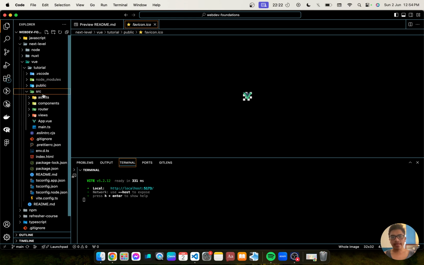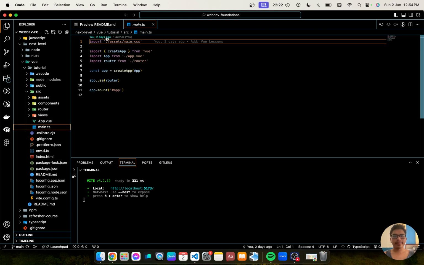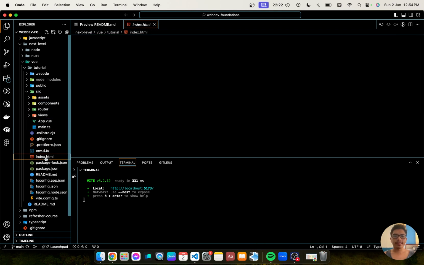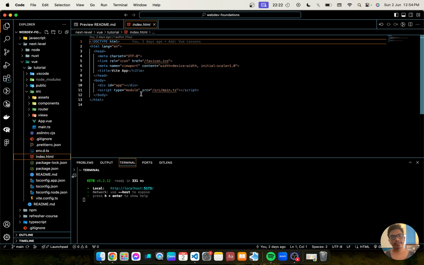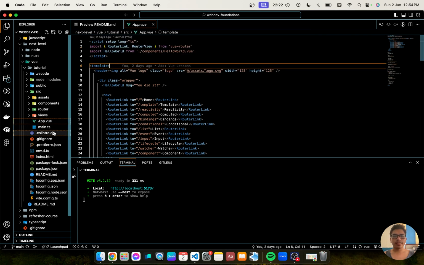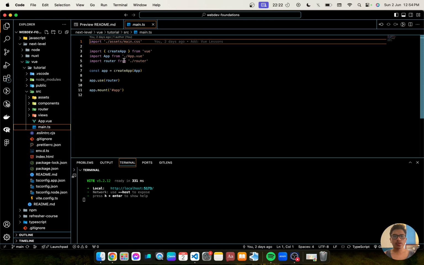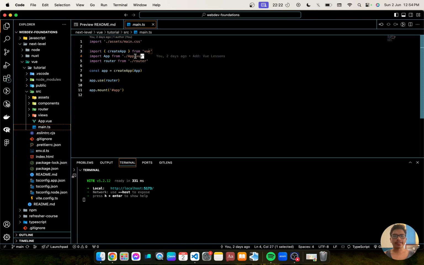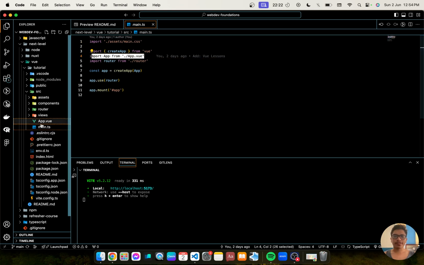Inside your src folder, you have your main.ts, which is the entry point, as seen here in index.html. And here we have our App.vue. As you can see, App.vue is our main access point.